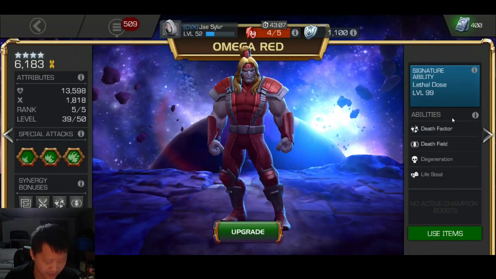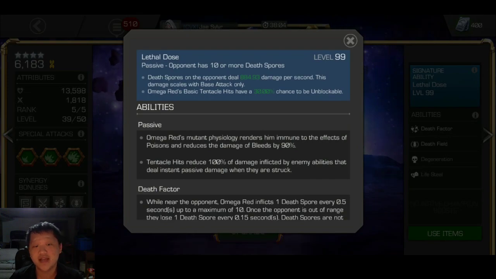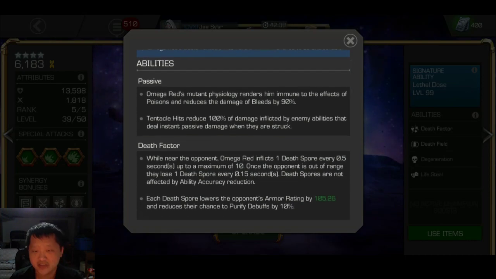And the reason he can do that is because if I click on Omega Red here, you have the standard poison immunity, but he is not immune to bleeds. He takes 90% reduced damage, and if you put 1 point in Coagulate, you actually take 100% reduced damage, and you should expect on an inverted immunity bleed node that other people will put bleeding champions to defend there because they know that you can't have bleed immunity. Well, Omega Red kind of bypasses that in the sense that he's not bleed immune, but doesn't take any damage